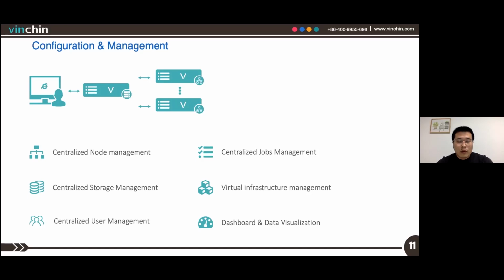And we also have an intuitive dashboard to monitor the backup infrastructure in real time. And for those customers who demand monitoring the overall status of the backup infrastructure from, like, a large screen display, we also have a data visualization feature, which can display all the detailed flow and the statistics in a single graphic screen.